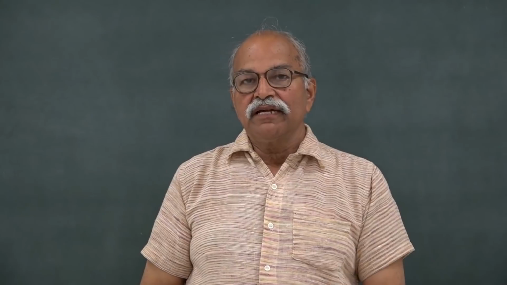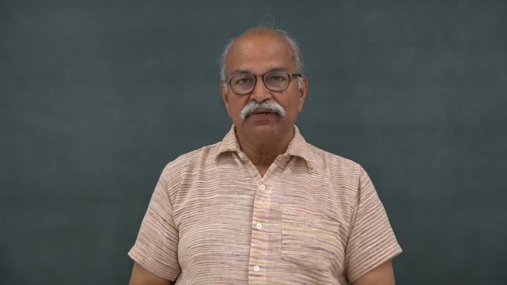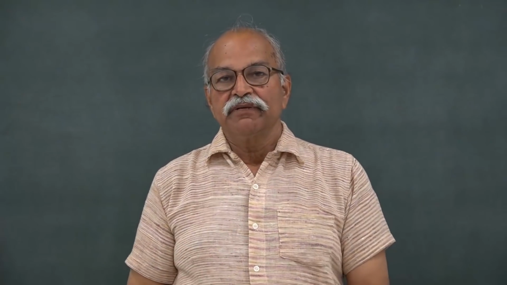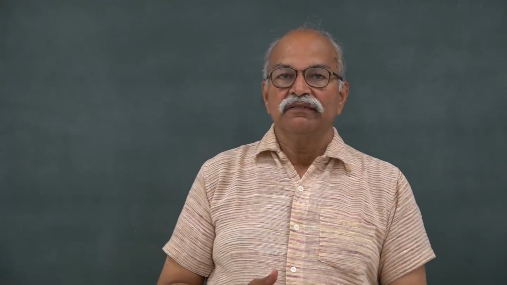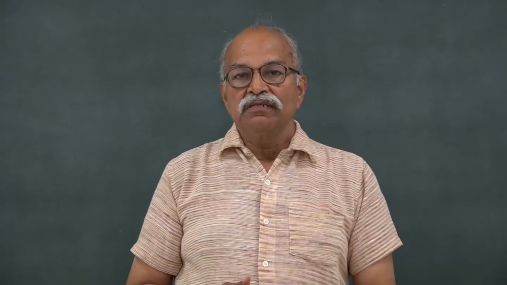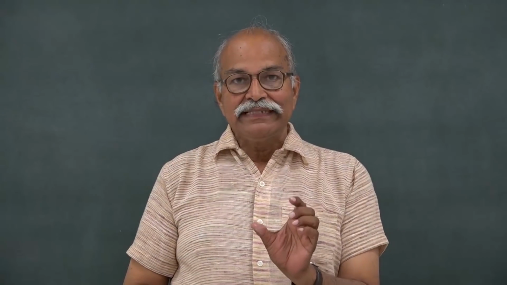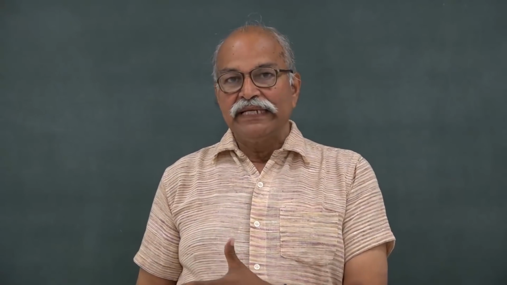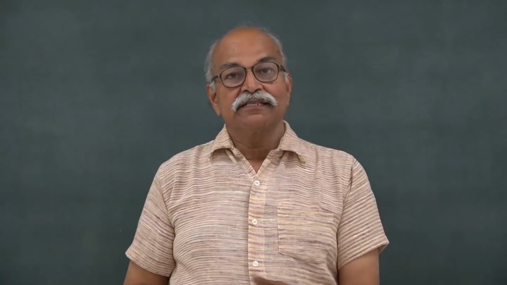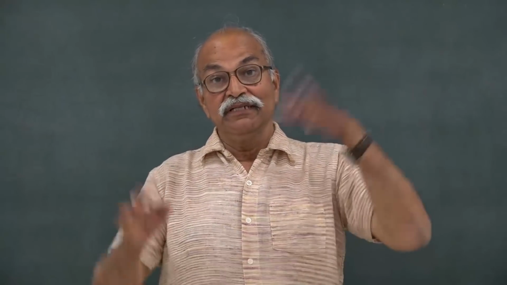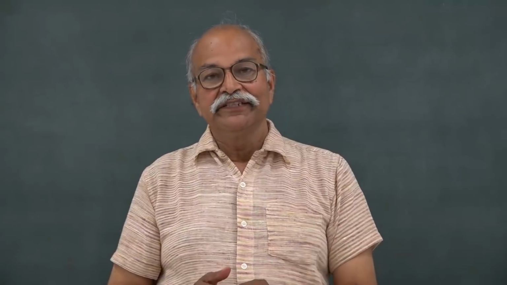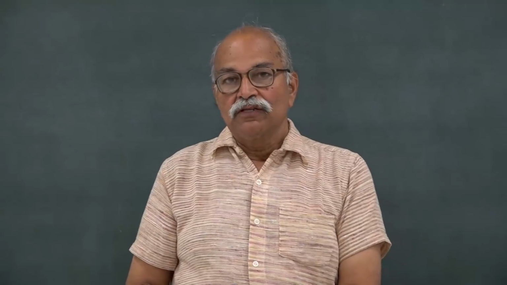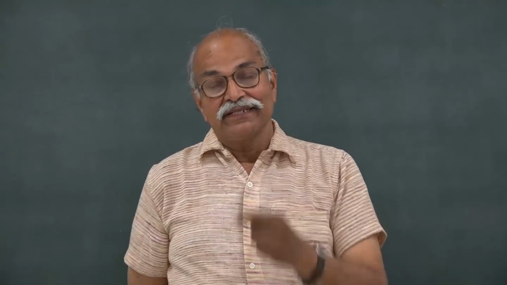So, we discussed that Galilean transformation cannot be the right kind of transformation for our nature, for our world, because that second postulate, the constancy of speed of light in vacuum, cannot come out from Galilean transformation. And the second postulate has come from the experiment. So, we believe that. So, the Galilean transformation has to be modified to take care of these two postulates.